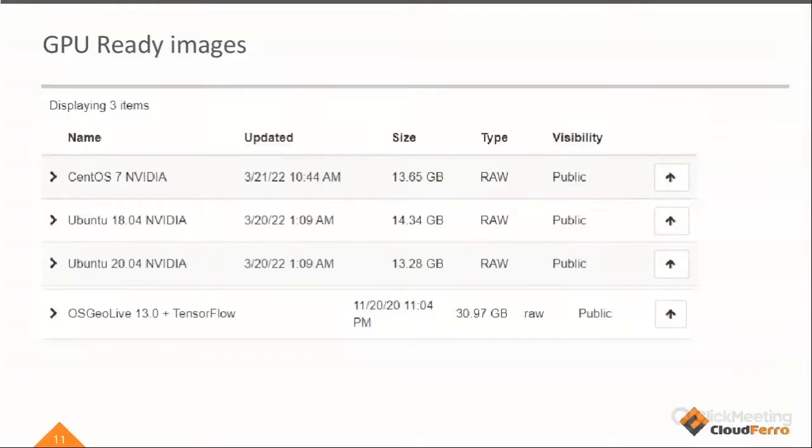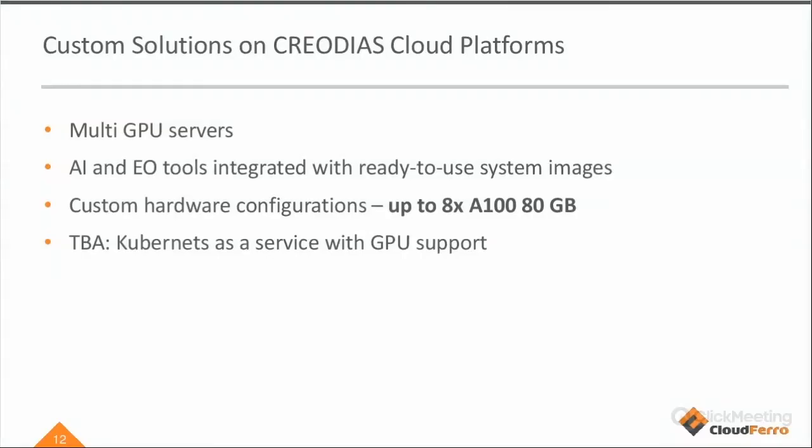And on top of that, we have system images that are ready for processing. So you have all the drivers, all the tools that you need to just start the processing immediately. Run the VM, just upload your user key credentials and start processing immediately, not wasting time setting up the environment. And we try to expand this offer on a daily basis.